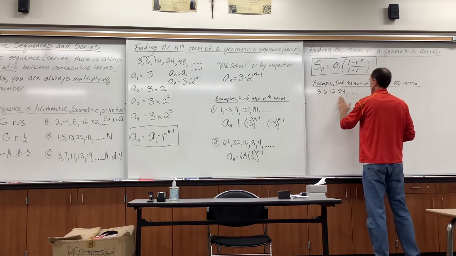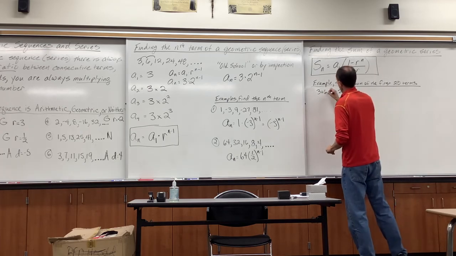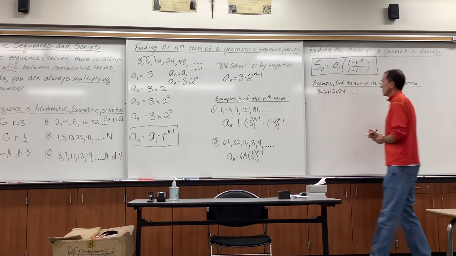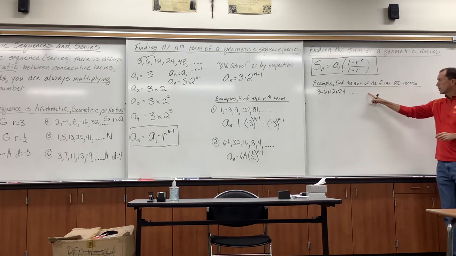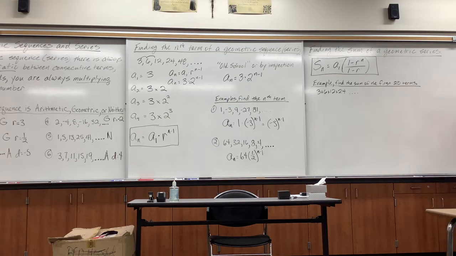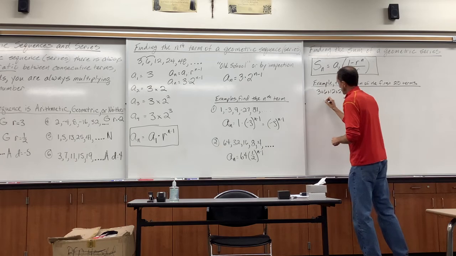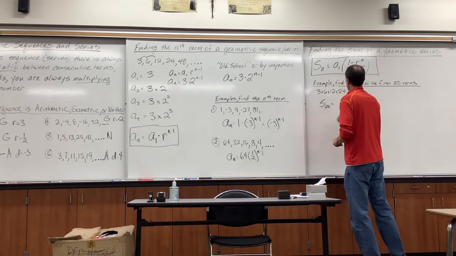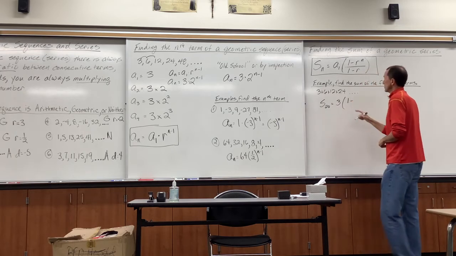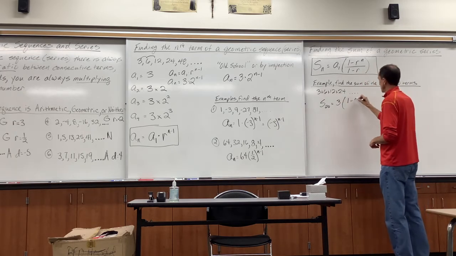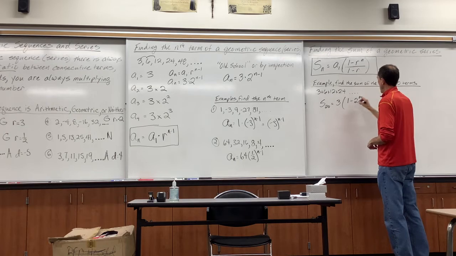Well, that would mean we turn this into a series by putting pluses in there. We would need to know what the first term is. We need to know what the ratio is, and luckily we have both of those. We don't know the 20th term. We don't need the 20th term like we did in arithmetic. So we could say the sum of 20 terms is the first term 3, 1 minus the ratio, which we better establish as 2, to the 20th power over